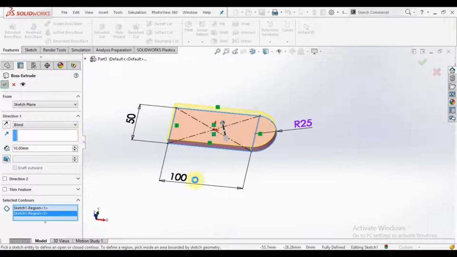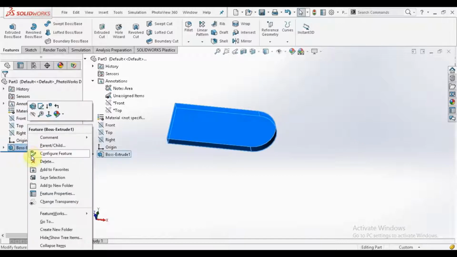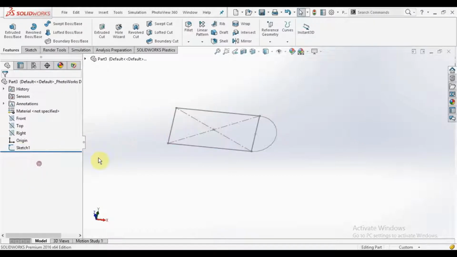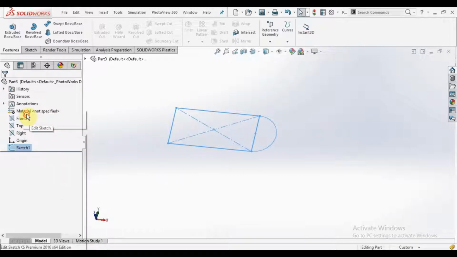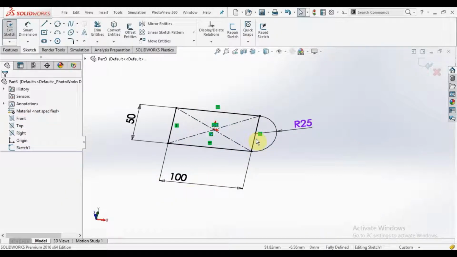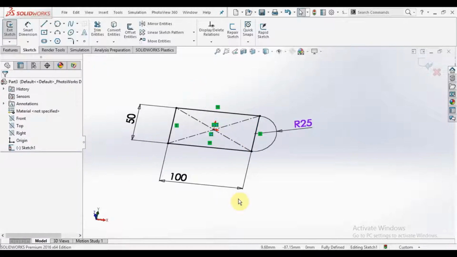Okay, but this is the wrong way to extrude this kind of sketch. Let's say I will edit the sketch, and for that I have to delete that line. But if you delete it, our sketch will become underdefined.